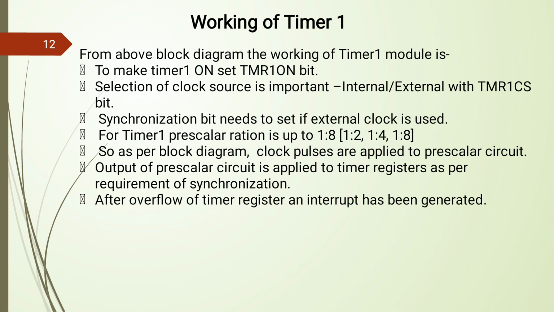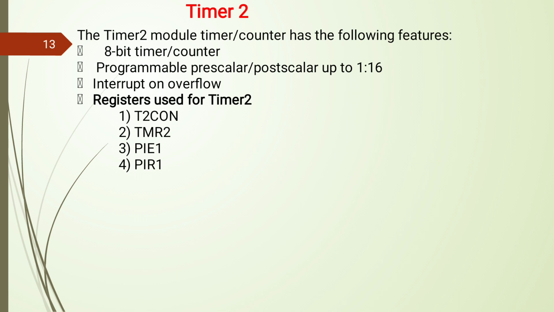After that, we go for timer 2, the last timer of the PIC16F. Here timer 2 is also similar to timer 0. It consists of an 8-bit timer counter, and a programmable prescaler and postscaler circuit are also available. The additional feature of timer 2 is that it also has a postscaler, ranging from 1:1 to 1:16. For that purpose it requires 4 selection bits for selection of 16 combinations.